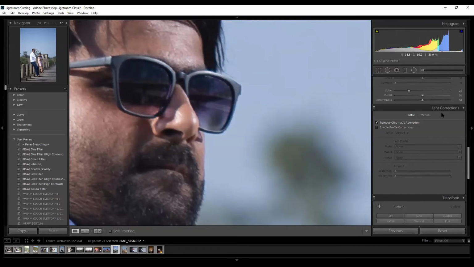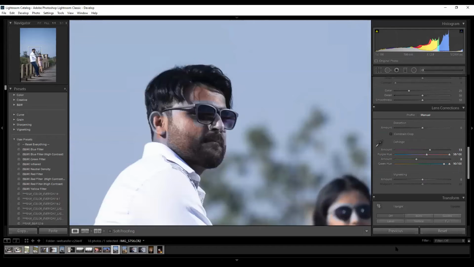So manually, if we go, we try to remove the purple fringe. You can see the purple now turning more towards black and white gray area. Can you see over here? Now this is how we can adjust the blue fringes, the green fringes, and decide on the green and hue. This is how we can control the fringes of the image.